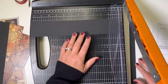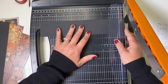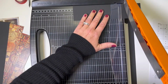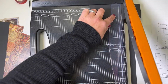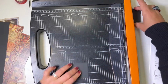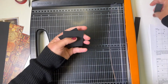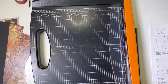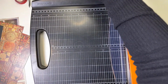Next, we'll make a bunch of squares. So we're going to start out at 11 1/4, 9, 6 3/4, 4 1/2, and 2 1/4. Okay, so we just made all of these little squares. There is a scrap. So the squares go in C, and the little piece, I'm just going to dispose of it. The long strip, I'm going to pop that in pocket D again and move on to the next sheet